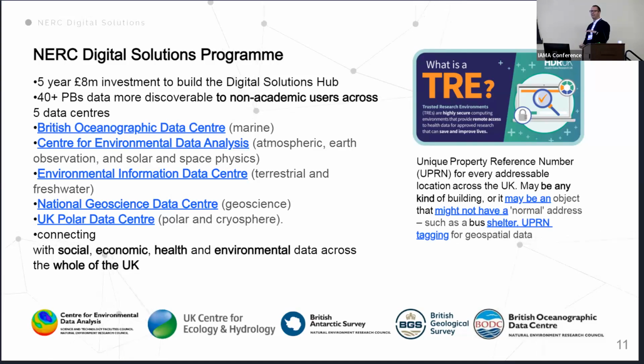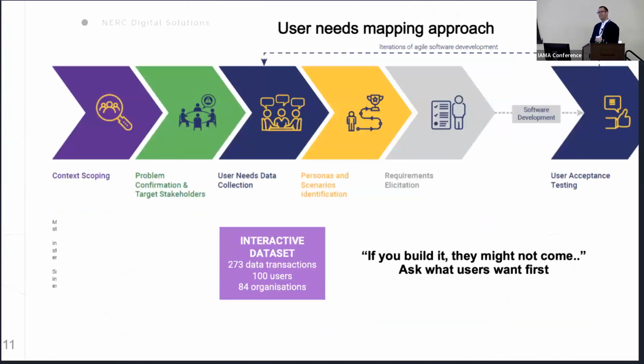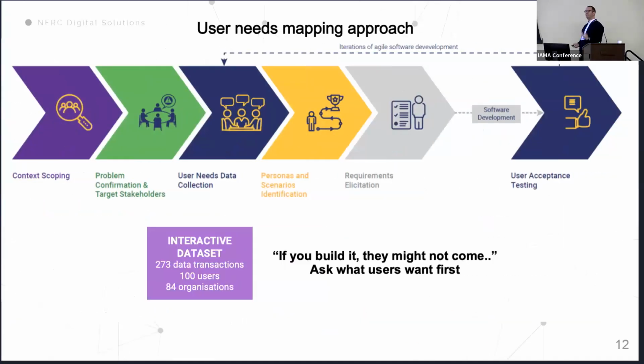So we're creating this layer so health officials can then pull in, via UPRN, the data to their system. If anyone's interested in that, there's a GitHub page so you can see what the specifications of a TRE mean, because we are aware that TREs might be required for environmental data soon. For example, with indoor air quality, you can infer people are at home and what they're doing. Okay, so we're already aware that that might be available.